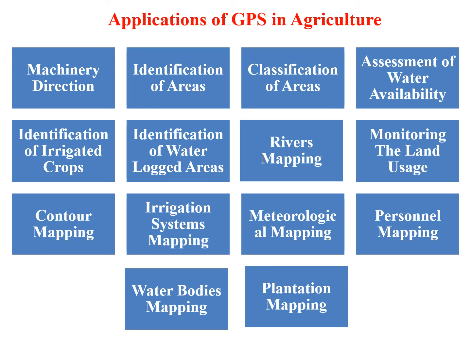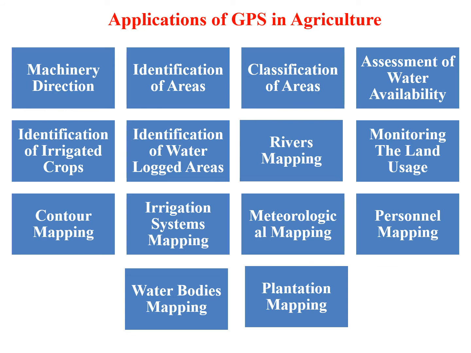Classification for cultivation based on various characteristics of areas. GPS can be used to classify different areas for cultivation based on various characteristics such as soil types and the terrain maps. Areas that are not suitable for cultivation can be identified and those that are suitable can then be developed.